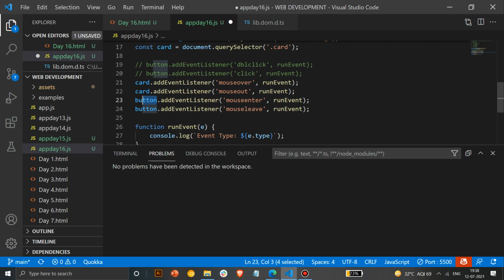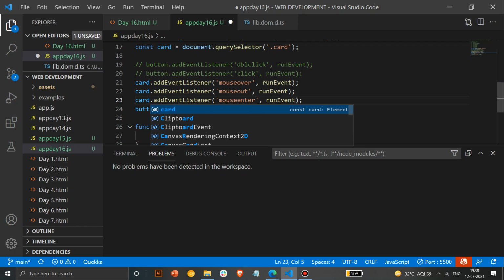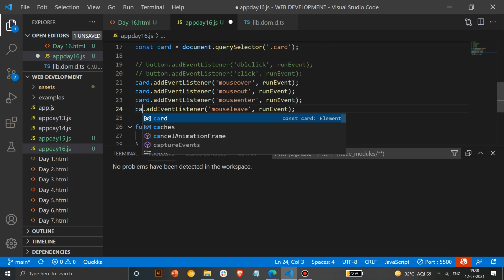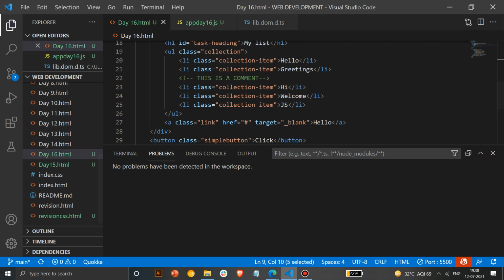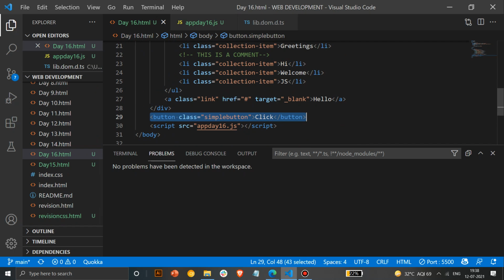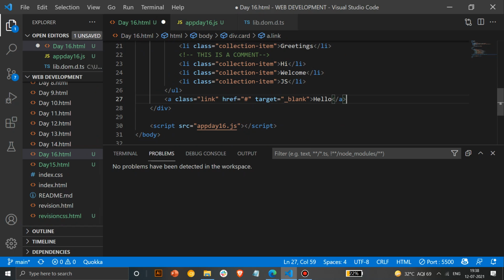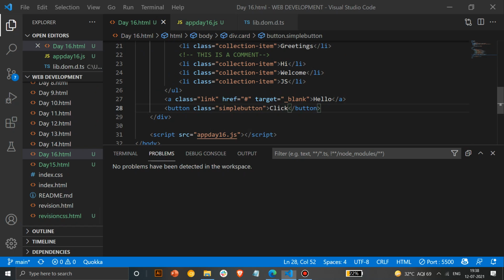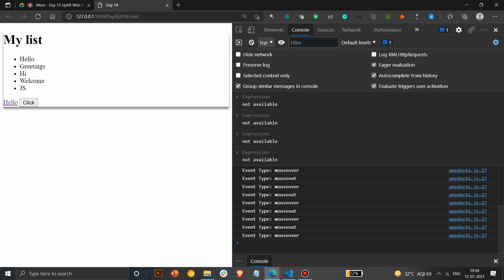Okay, so I'll do this, and I'll add the button inside this div only. So what happens is, see, mouse enter and mouse over both start at the same time.